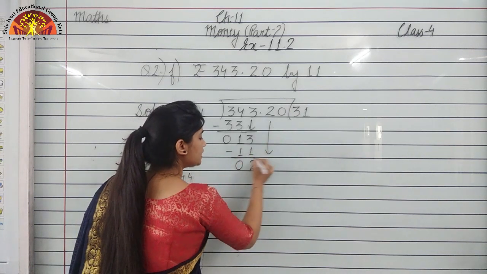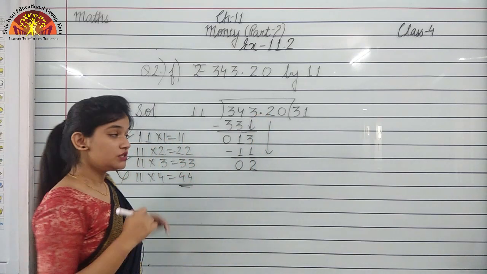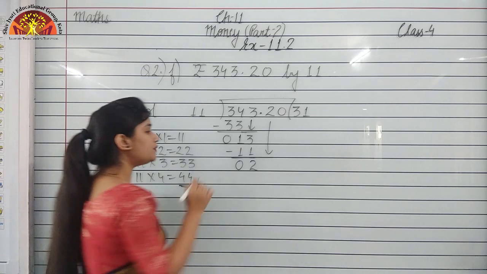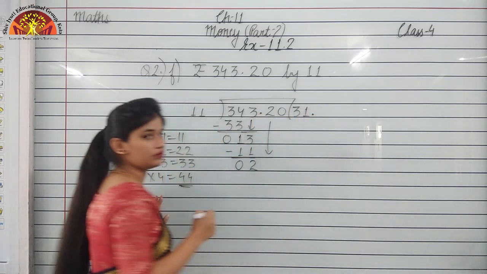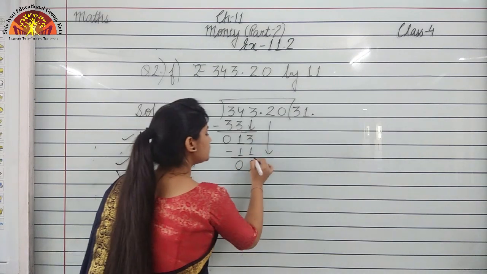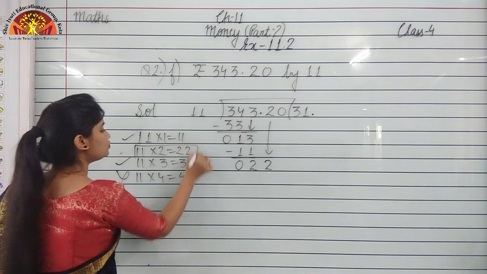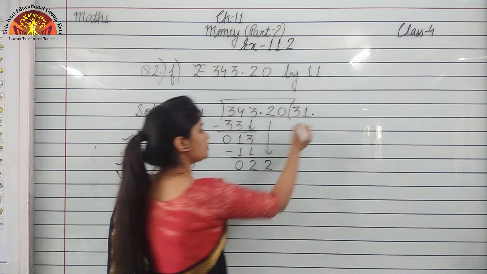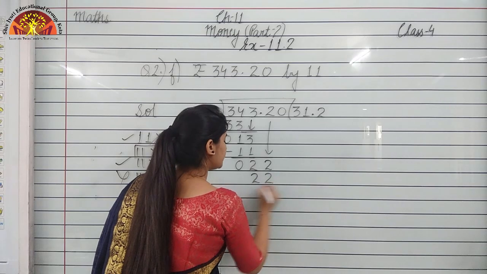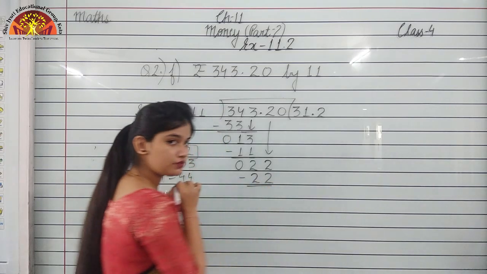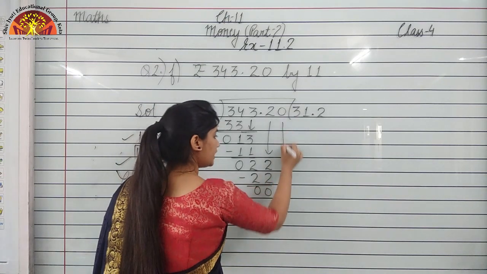Now before taking 2, we can see a decimal here. You can see this decimal. So now what do you have to do? Simply you have to put this decimal here in the quotient. Okay students? Now we can take 2, and as we know, 11 twos are 22. So I will write 2 here, and 2 times I am taking 22. So we will write 22 here. Now again we have to subtract the numbers and we get 0.